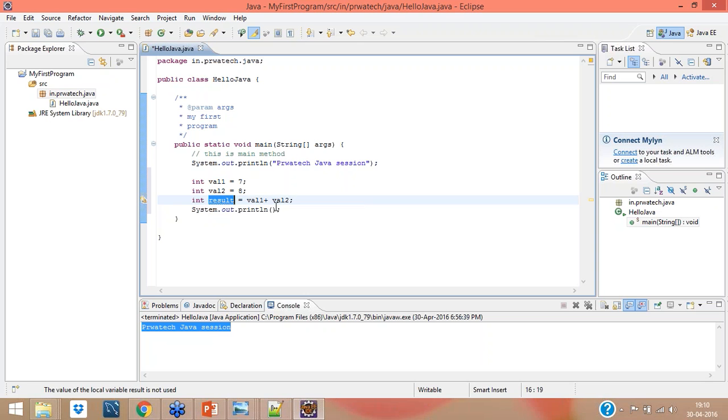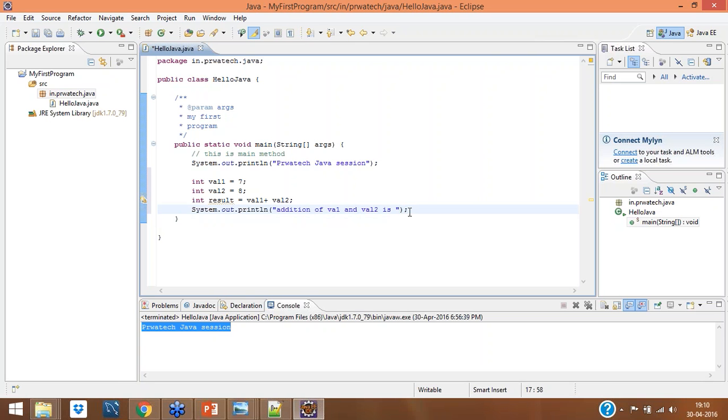So how will you do it? You just have to concatenate with your information. Let's say I want the addition of val1 and val2 is. Fine. So this much I've written.